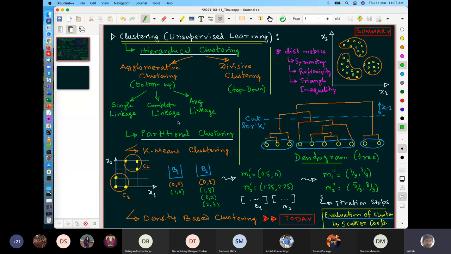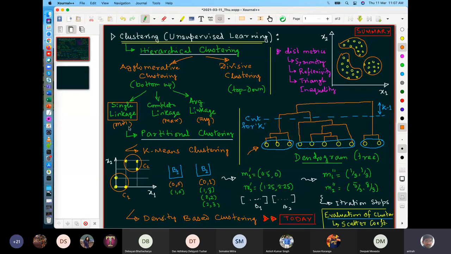One particular point that we missed to tell is about single linkage. If you look at this single linkage clustering in more detail, as you know, it uses the minimum distance, whereas this uses the max distance and this uses the average distance. Since it uses the minimum distance between the points and tries to group them as we do bottom up in the dendrogram,